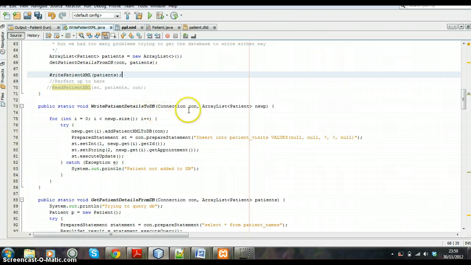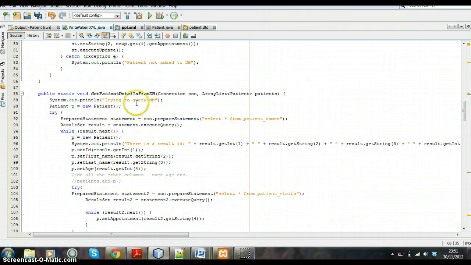Write patient details to the database, and this here is the code that allows you to do a try catch statement, a bit of a for loop there, and this here is the statement insert patient into visits, null value, null and a value, where this particular one is where the interoperability comes into play between the two databases. Okay, this one then is similar again, taken from a different table. It's taken from the patient names table, and you see to select from, again you can select the information from